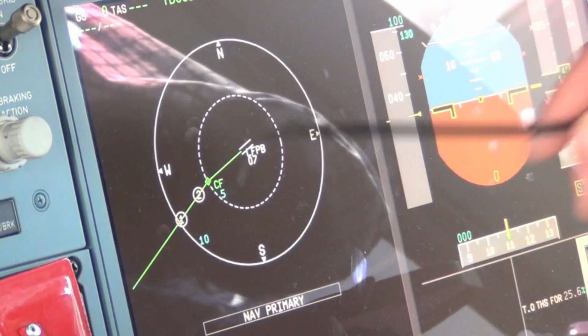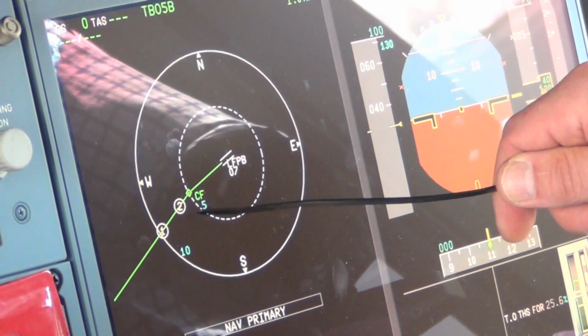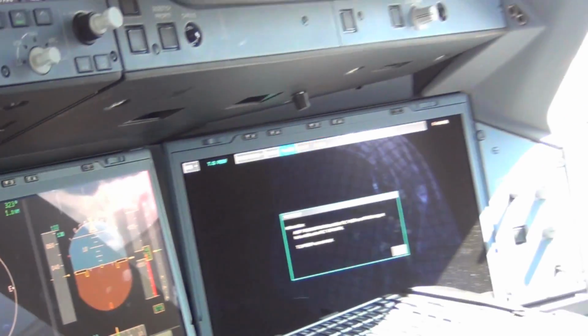About 10 miles out we select the first stage of flap, comes out. About 7 miles out, the second stage, 5 miles the gear would come down, so that we'd be established at around about 3 miles with the...